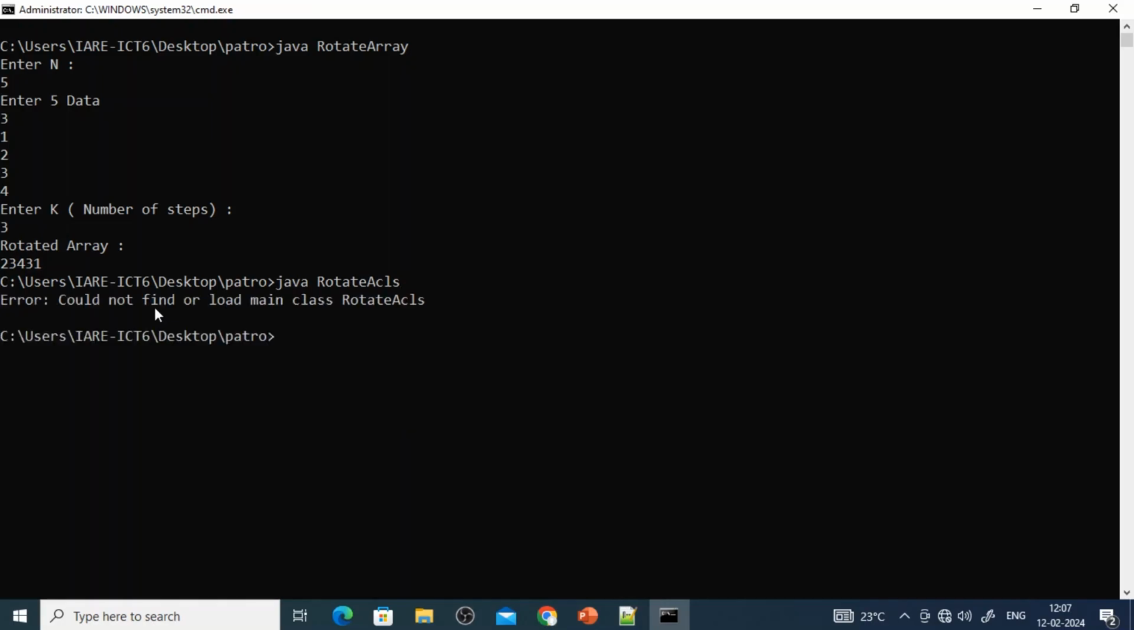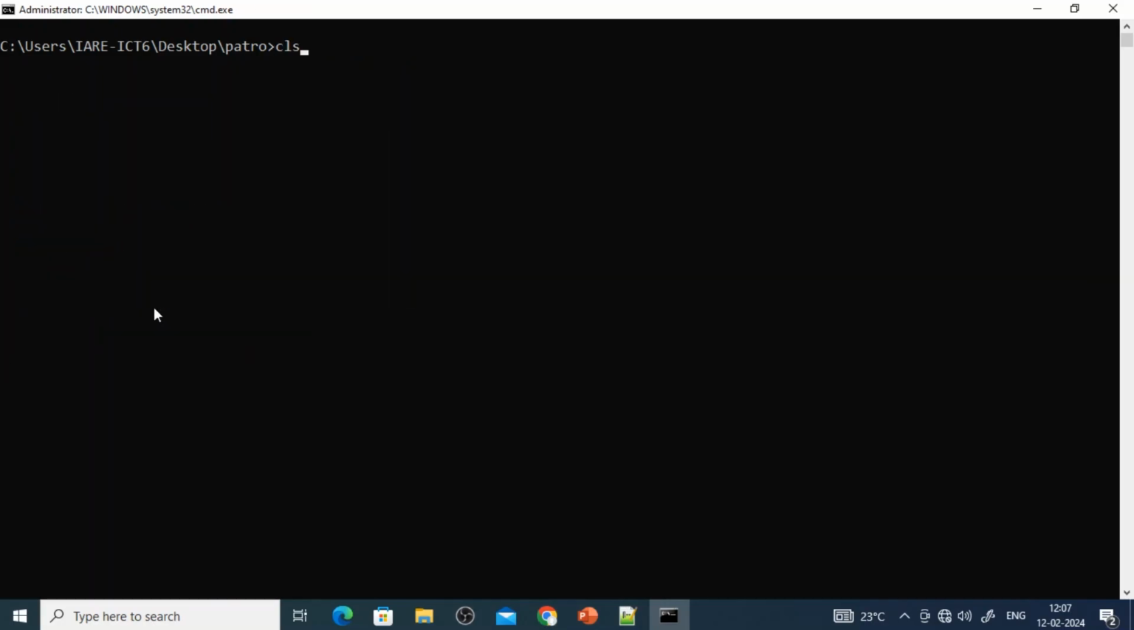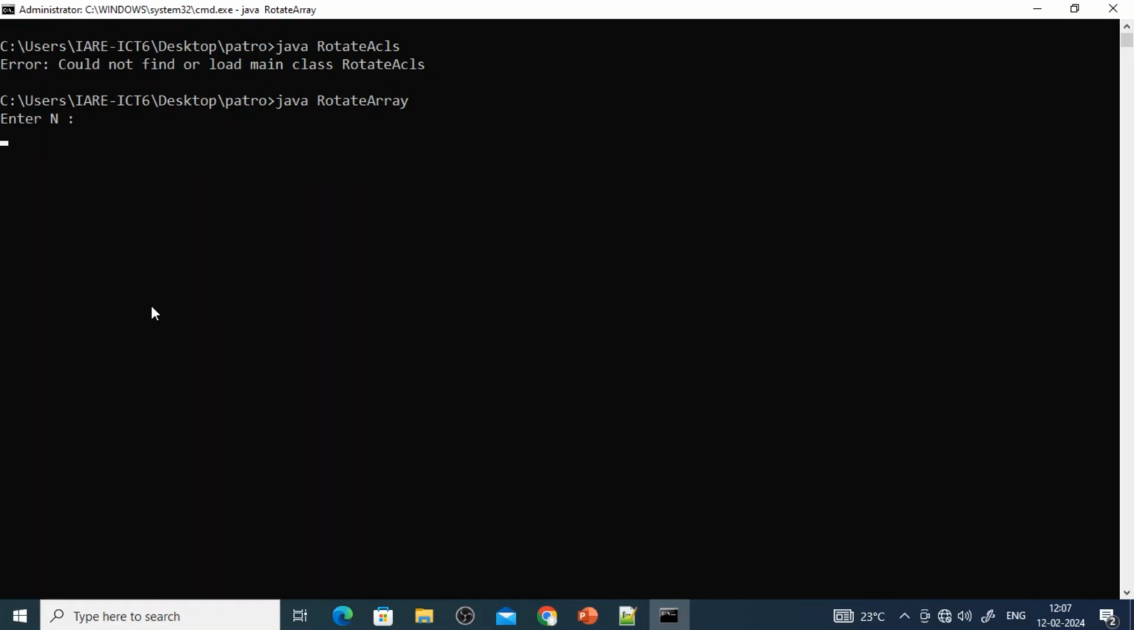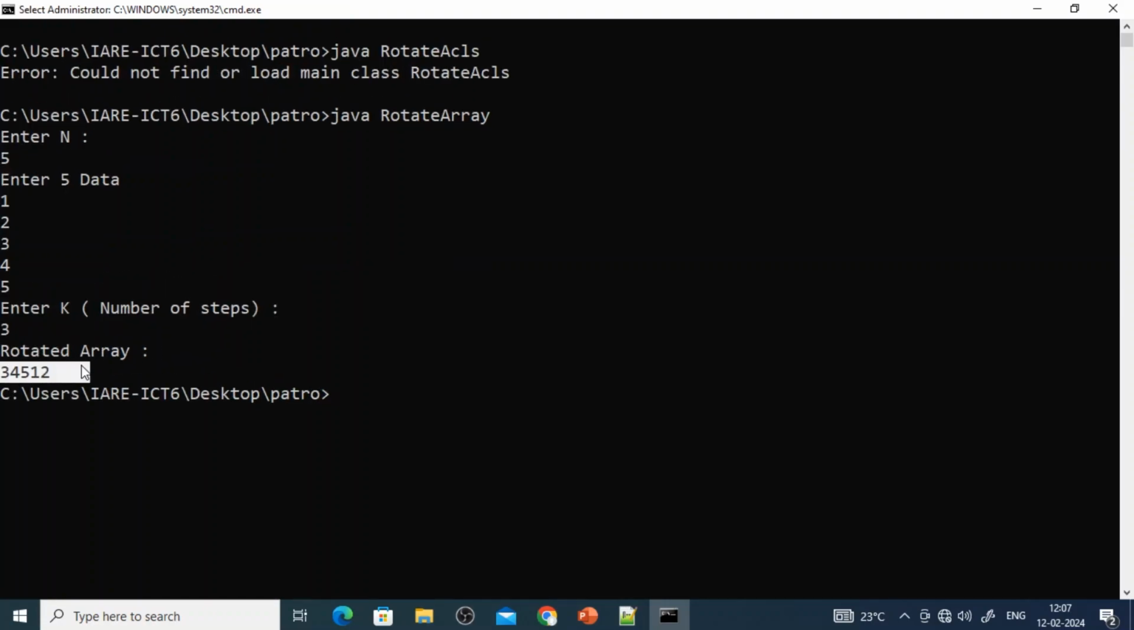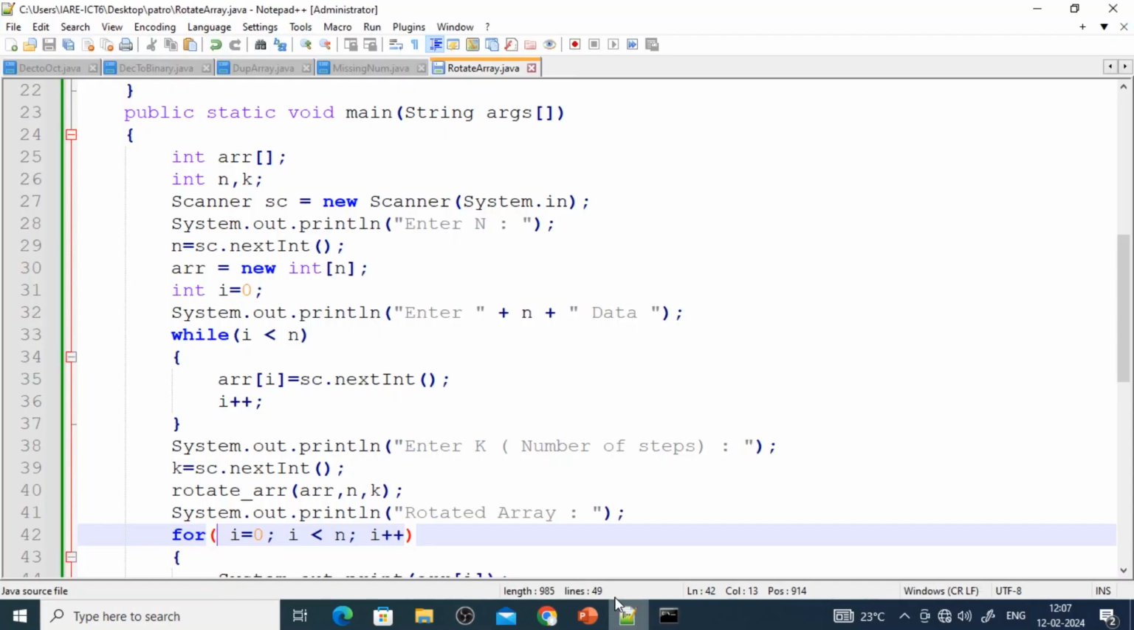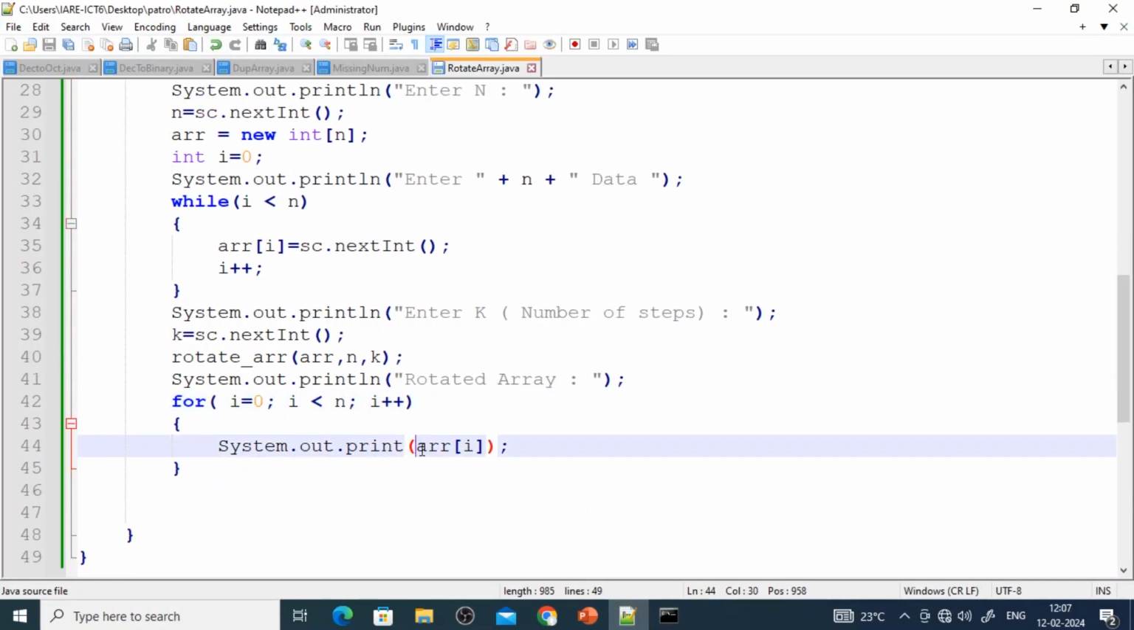Clear the screen. Rotate array, the number of elements 5, enter the 5 data, assume 1, 2, 3, 4, 5, enter the steps, 3 steps, after step 3, 4, 5, 1, 2. Assume after every element you want to give a gap. Now it looks like a single number, so to avoid this, after printing I'll give a gap,